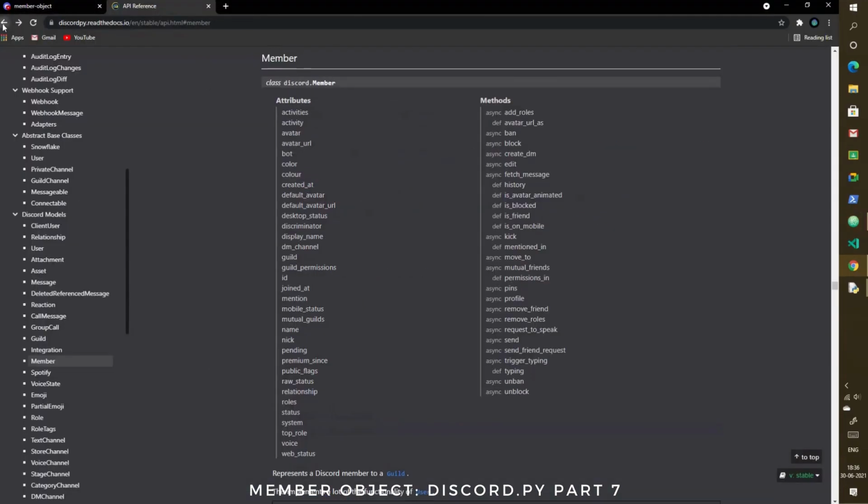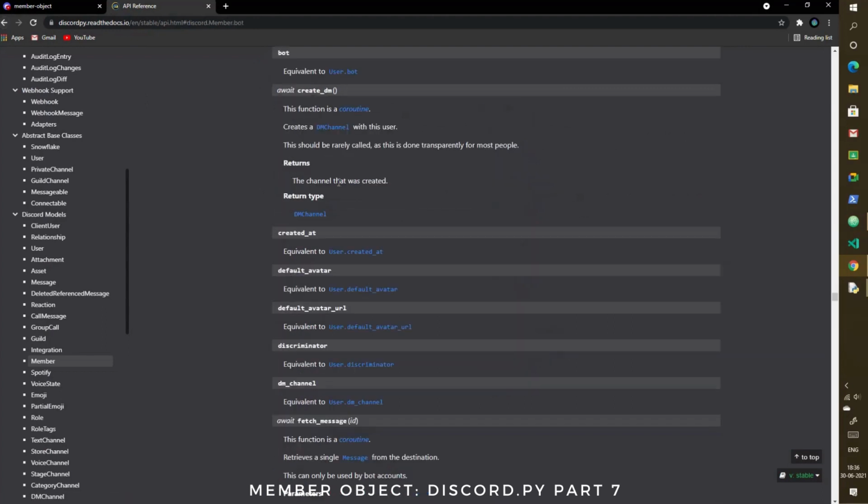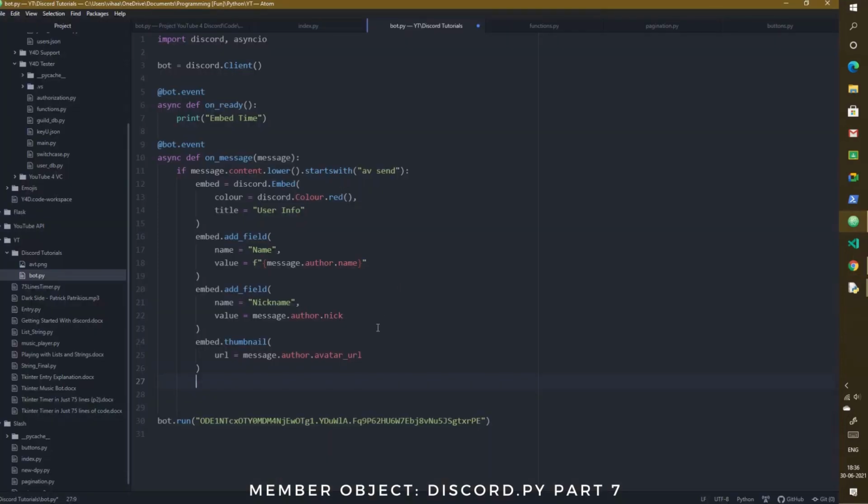Next, let's check out bot. This is basically to check if the person who sent the message or the command is a bot or not. By default, our bot is not supposed to respond to other bots, but in case you want to check, you can add this.